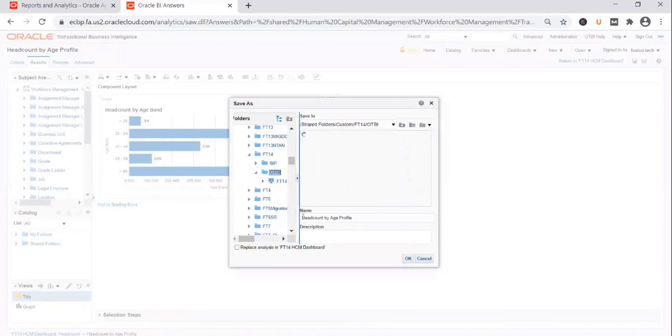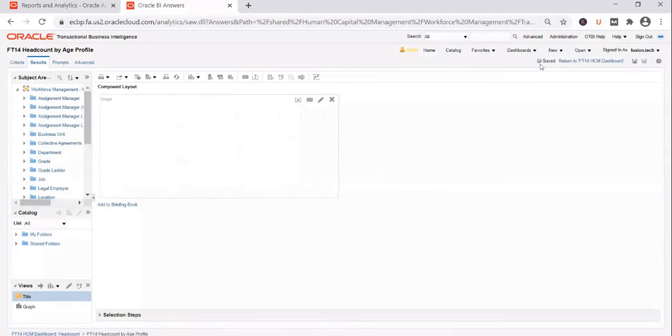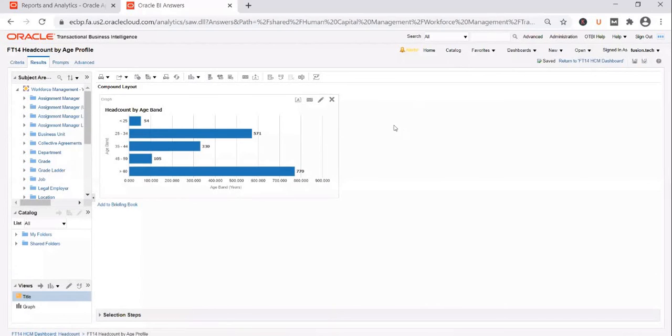In OTBI again, select the folder, and you can say FT14 headcount by age profile. And you go back to the dashboard, take out the seeded report and plug in the new custom one.